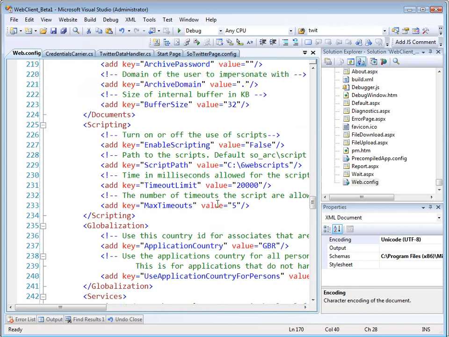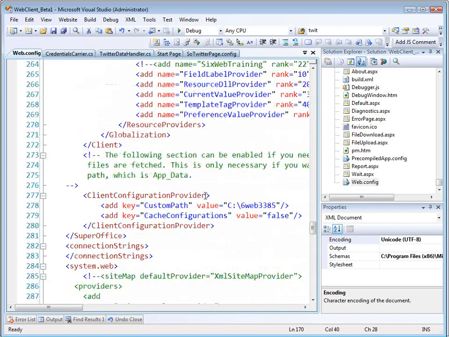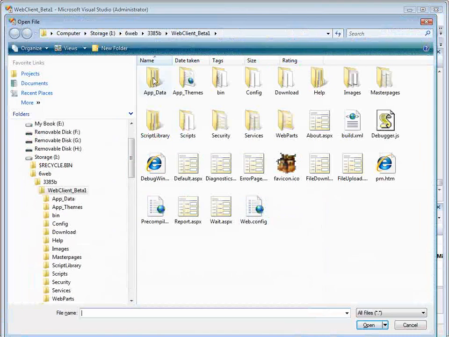If we come down and we find, towards the end, the client configuration provider, we have a custom path defined for our C6web3385 directory. So if I go ahead and look at the object mapping that we had copied into there,